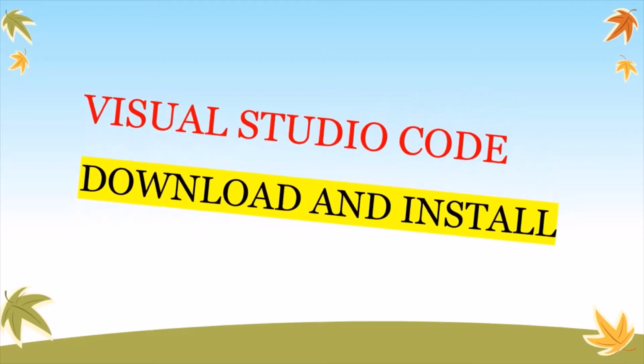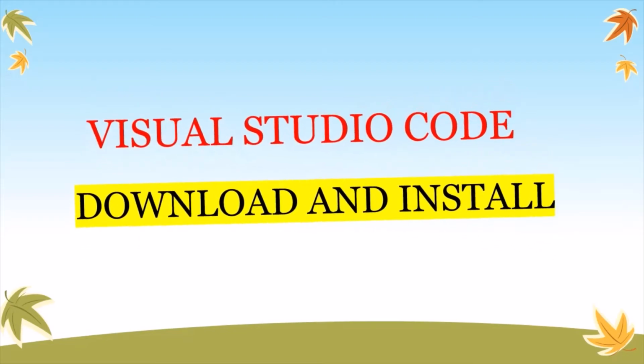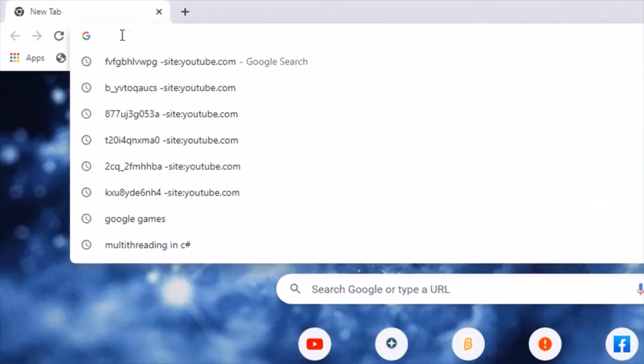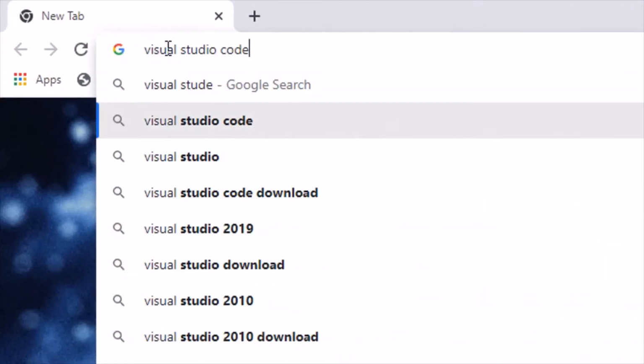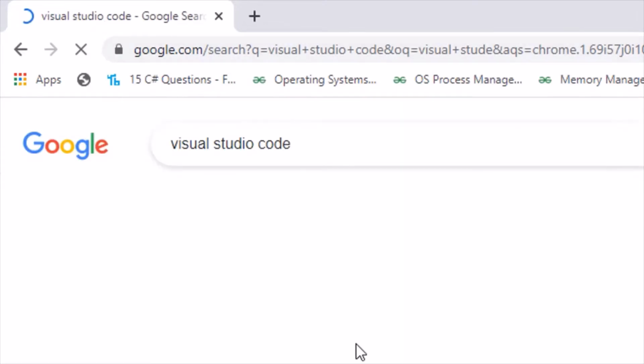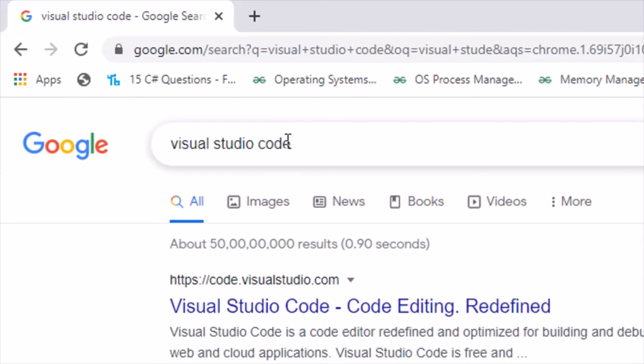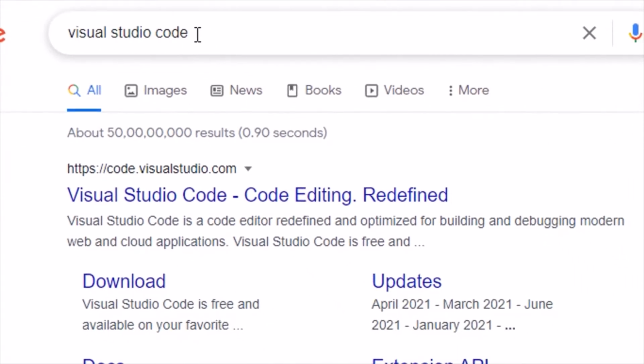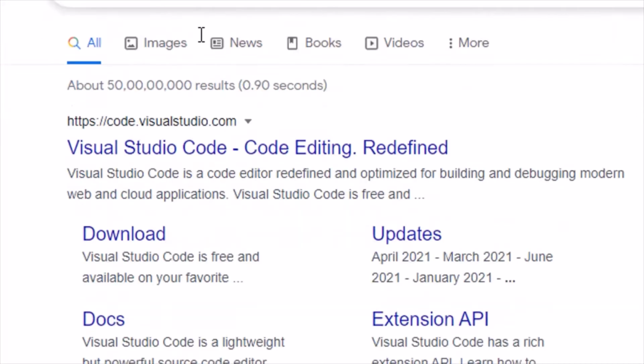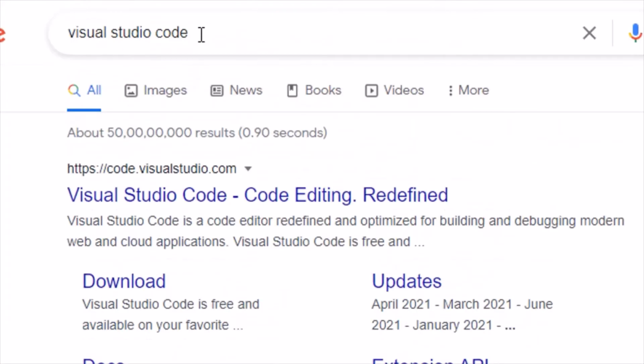Hi everyone. Today we are going to learn how to download and install VS Code, that is Visual Studio Code. You have to type Visual Studio Code in any web browser. Make sure that your internet connection is there. So when I type Visual Studio Code, I get the first link and I click on that link, that is